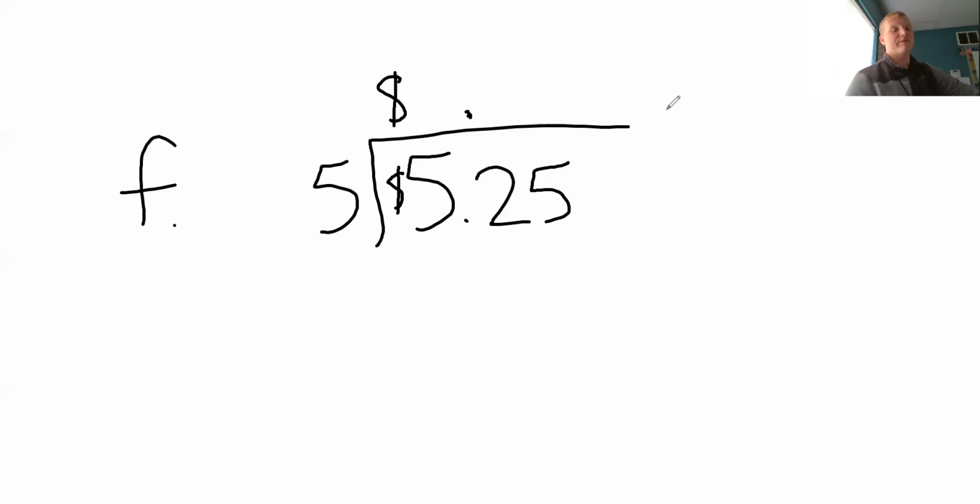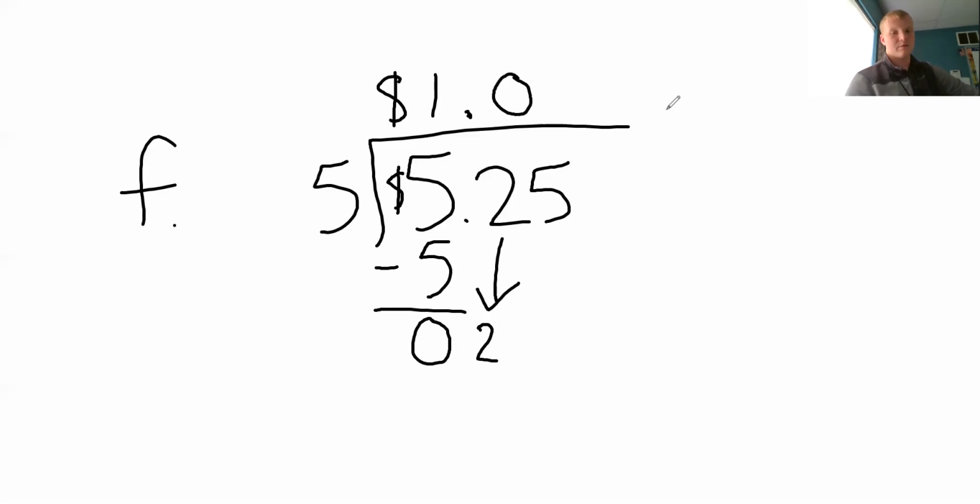So 5 goes into 5 how many times, Ian? 1 time. So 5 times 1 is 5. 5 minus 5 is 0. Ian, what am I going to do next here? Well, I can see that 5 doesn't go into 2, so I bring down the 2, and then I put 0 on top, and then I divide 5 into 25, and I get